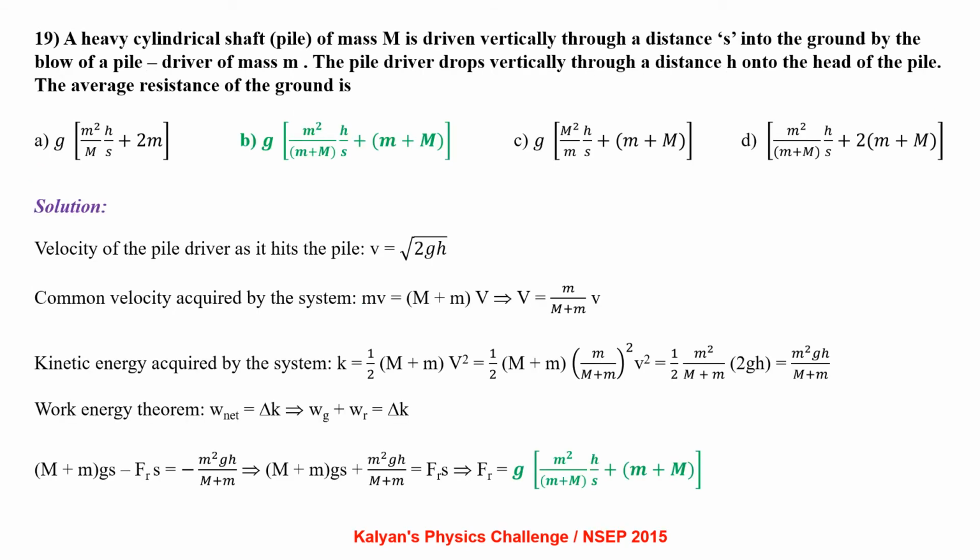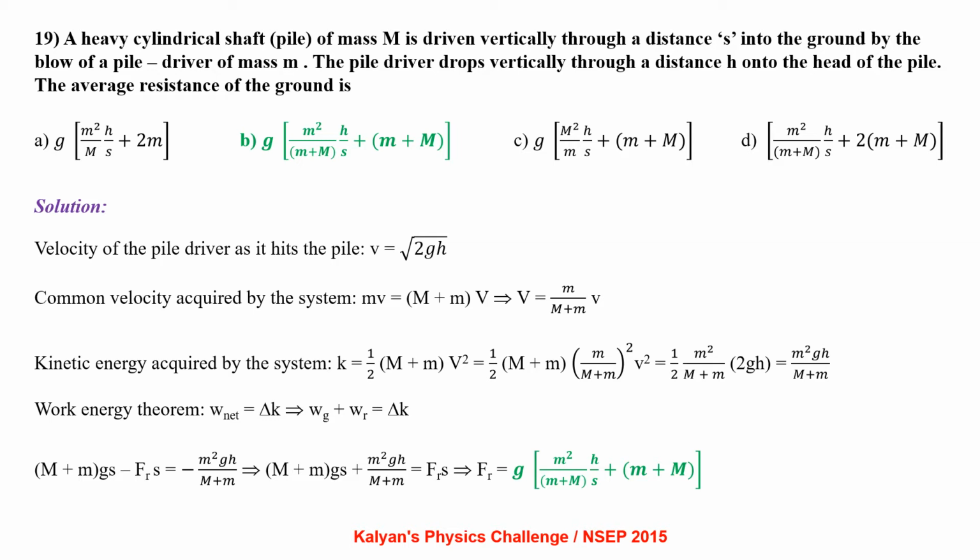A heavy cylindrical shaft of mass capital M is driven vertically through a distance s into ground by blow of a pile driver of mass small m. The pile driver drops vertically through a distance h onto the head of the pile. The average resistance of the ground is to be found. Velocity of the pile driver as it hits the pile, v equal to